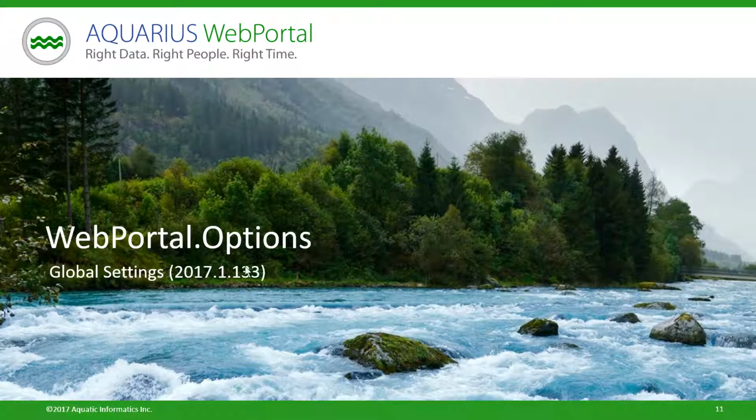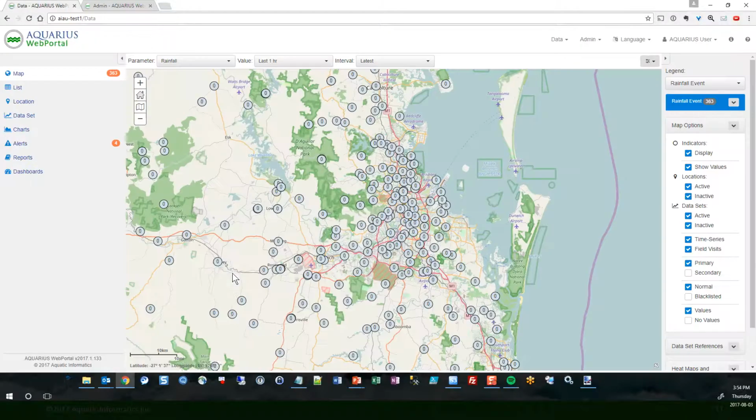This video is about the web portal options global settings, and I'll be using build 2017-1.133. Okay, so let's have a look at web portal here. On the main data section, you have the tabs on the left, the controls on the top in the middle, and on the right hand side we have what are called the options, and this is mainly